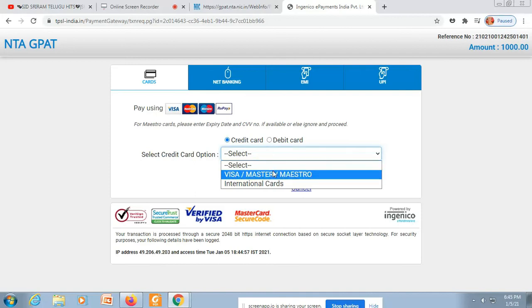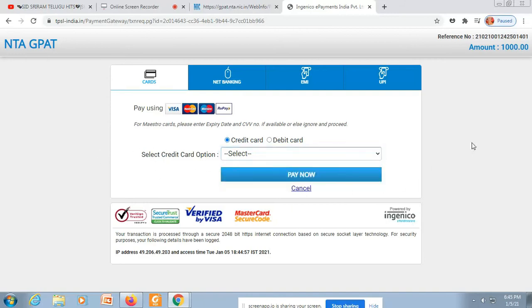If you have a debit card, use a debit card. Credit card, if you have one, you can use anything. If you have net banking, you can select it. UPI payment is also available. You will get a UPI address, and they will send you a link to pay. So select that if you want to pay through UPI.